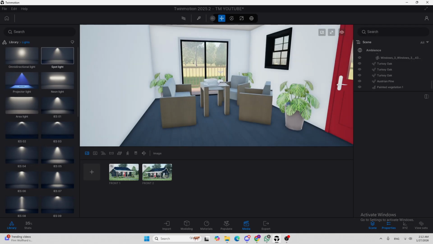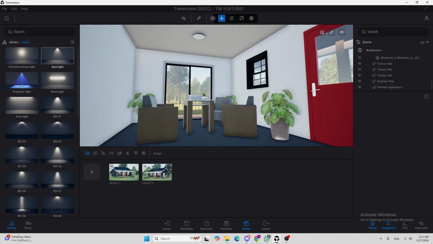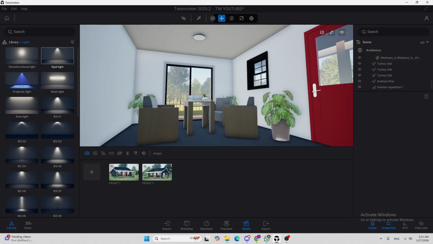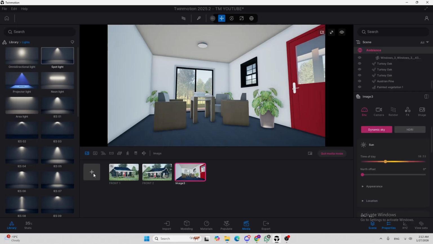So a lot of time you don't really have to be in human view. You can kind of show it something like this as well. Just make your image look nice. That's it. So I'm gonna make my image look something like this, and I'm gonna hit this plus add image,